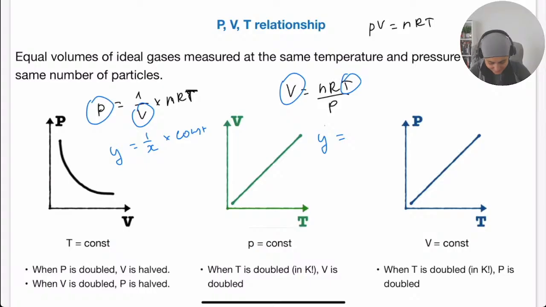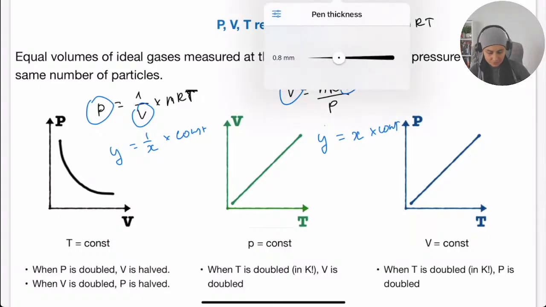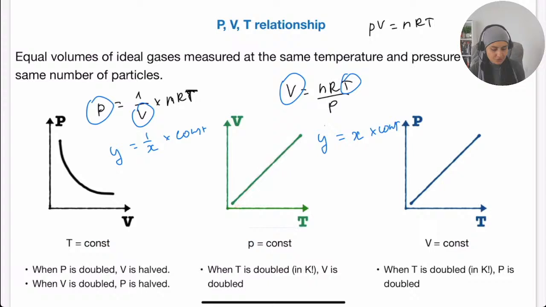Okay, so V is my y-axis, T is my x-axis, and this is a constant. So it's x times some constant. Well, this is a straight line going through the origin. That's it. And you can do the same with P against T. You'll see that it's exactly the same thing. We divide by V. This is y, this is x, this is a constant. You can try it out. Next,